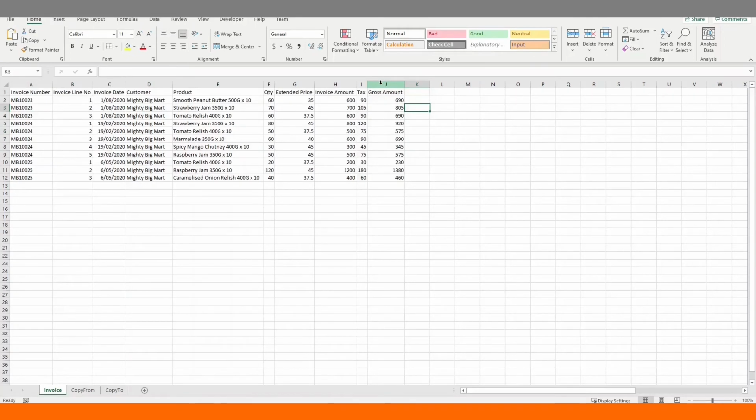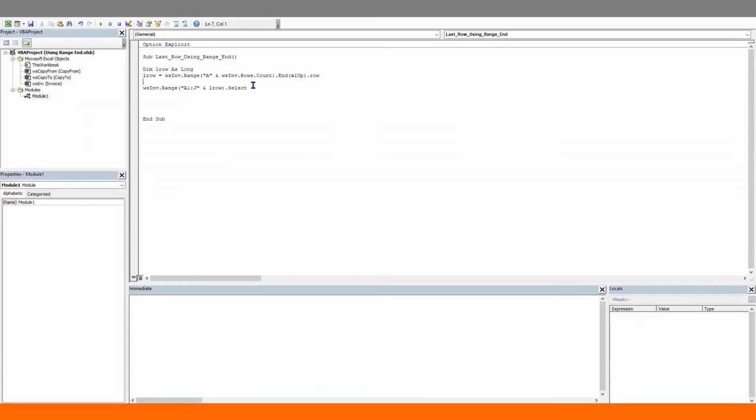To make this more dynamic, we need to consider that we may not actually know the last column either. Rather, the only known fact is the start cell, which we will use as the anchor to find the rest of the information. Now to do this, we will use the cells object instead of range for this example. So we'll go cells, and we've already done this. The row index will be rows.count. Column will be just column 1. And we're going to go control up, which is end excel up. And we want to find the row.